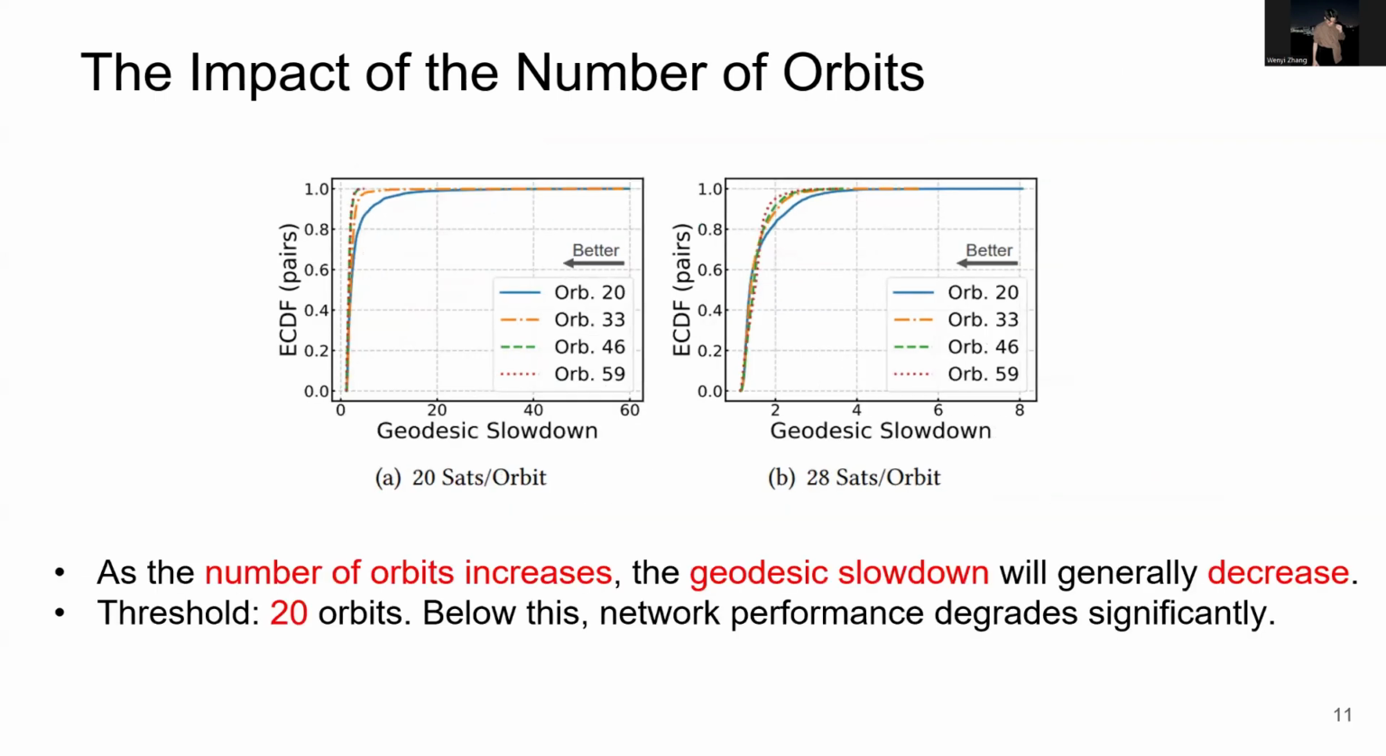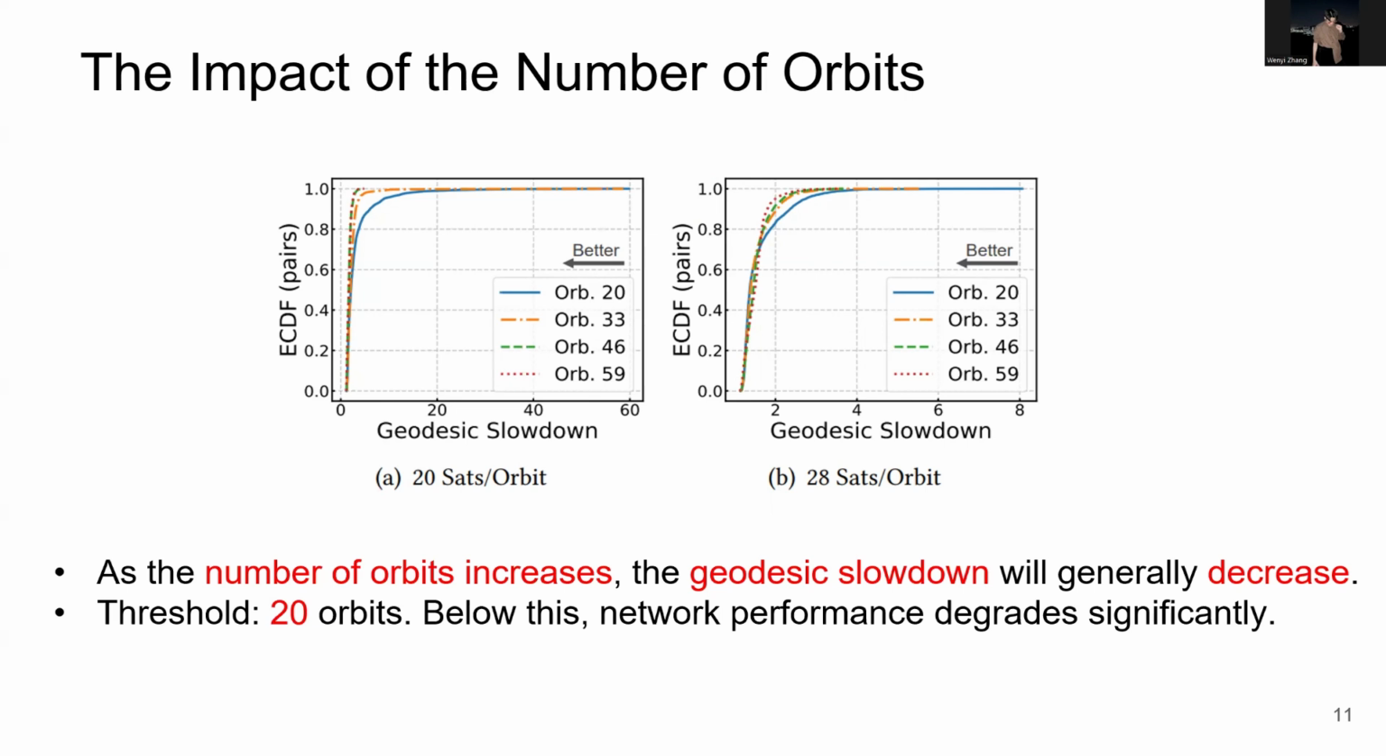When the number of orbits increases, what will happen? We again plot the cumulative distribution of geodesic slowdown while fixing the number of satellites per orbit. Performance is better when the curve is more towards the left. We observe that increasing the number of orbits generally results in decreasing geodesic slowdown. Again, we notice that when both the number of satellites per orbit and the number of orbits are lower than 20,